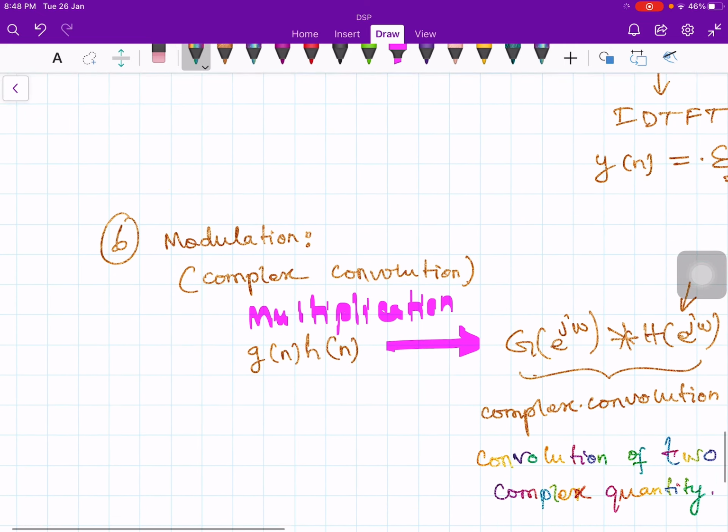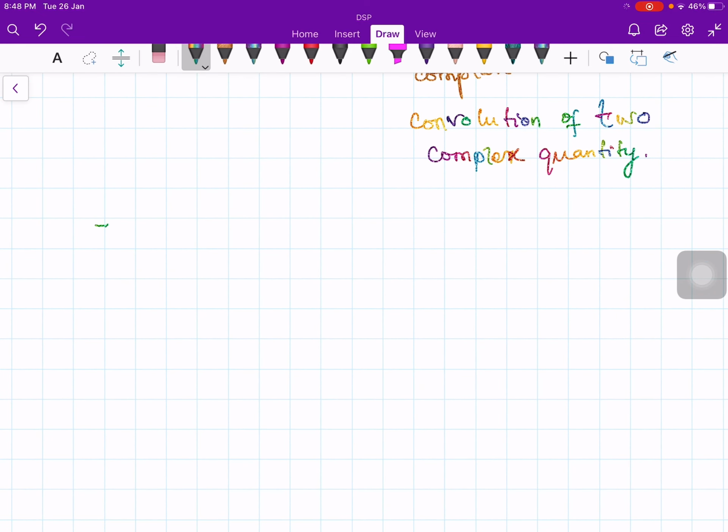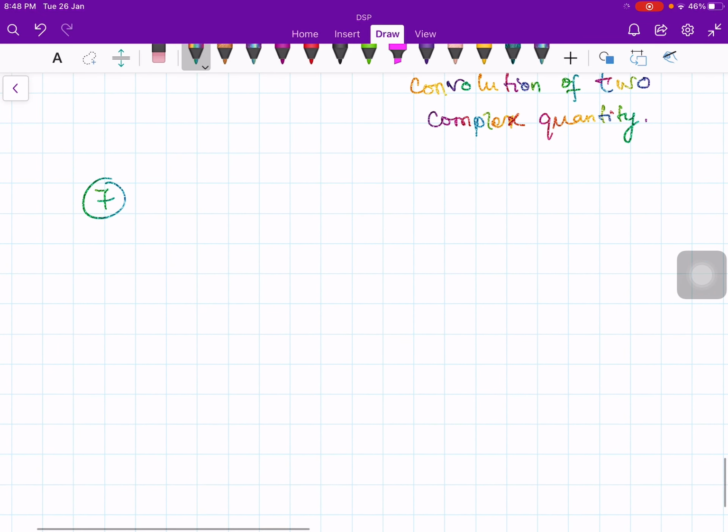So this is property number 6. Then let us look at 7. Finally, discrete time Fourier transform also gives an easy way of calculating energy of a sequence, and this is given by the so-called Parseval relation. Parseval's relation. See, you can calculate the energy